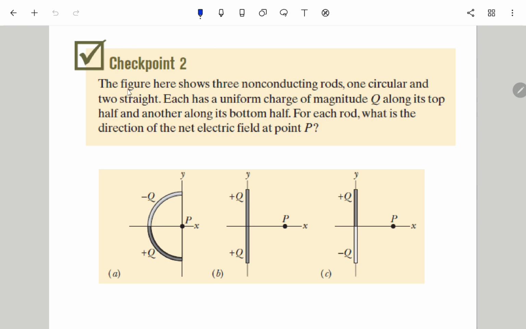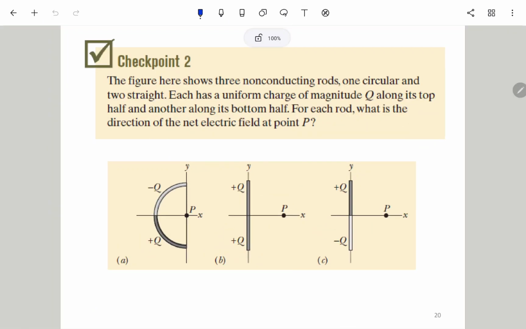Here it says the figure shows 3 non-conductive rods, one circular and 2 straight. 就是一个是圆弧啊，两个是直的。Each has a uniform charge of magnitude Q. So this is negative Q, this is positive Q, and so on, and Q along its top half. 反正就是黑的就是正的嘛，正 Q 啊，白的就是负 Q 嘛。For each rod, what is the direction of the net electric field at point P? 所以就是说他问你方向嘛，你不用算。